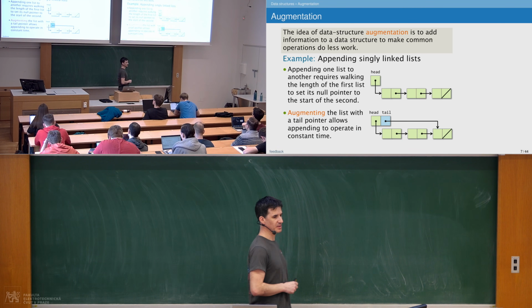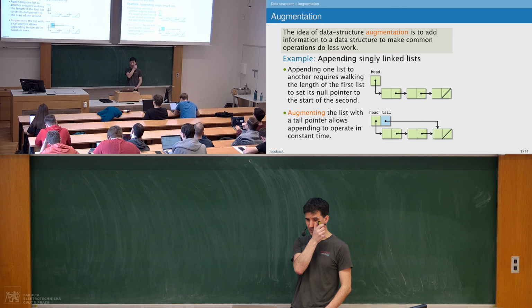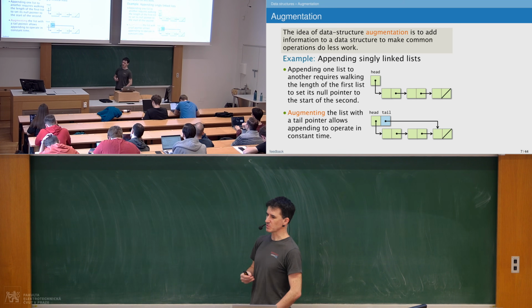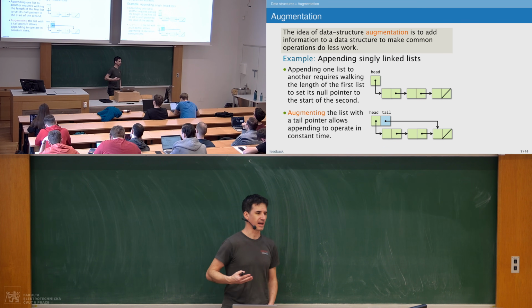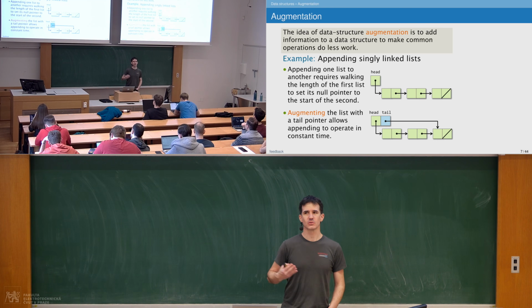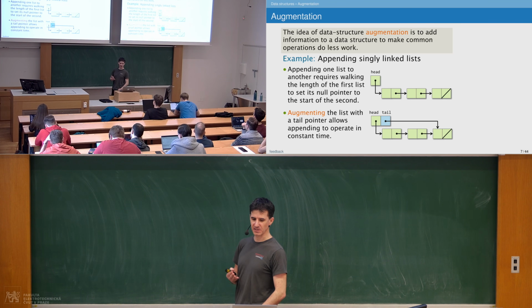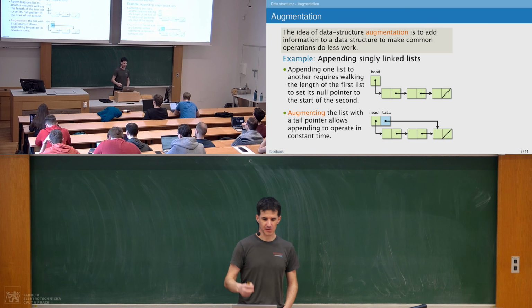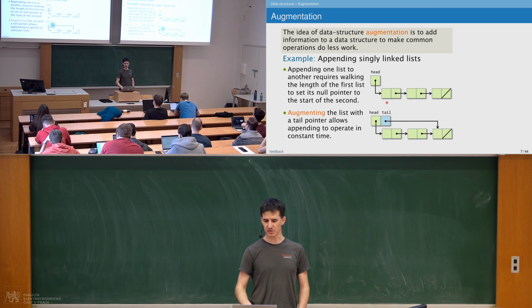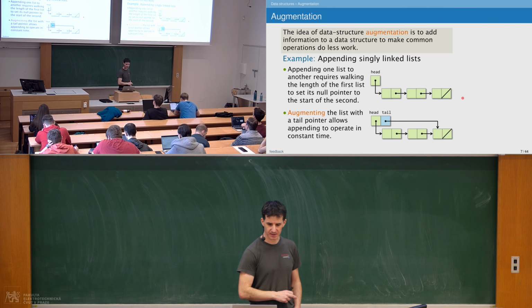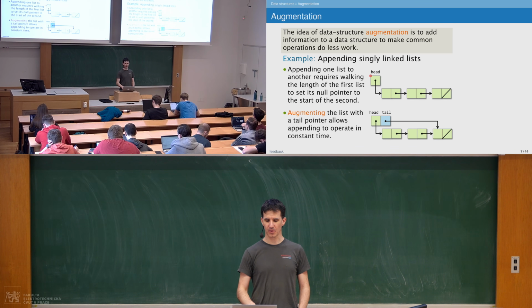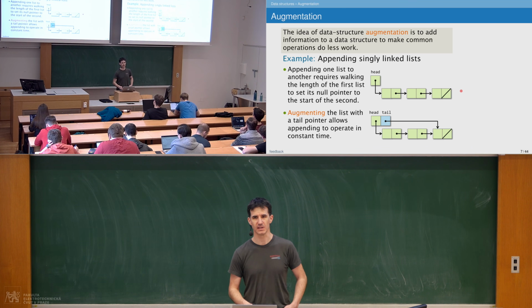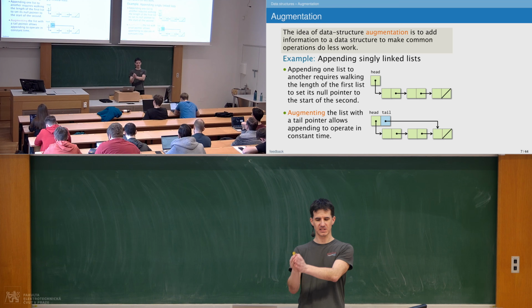Another typical optimization which you can apply in your code is called augmentation. And this stems from the fact that the data structure you use for your data can also influence how fast you can access the data. So here you can see a trivial example. You have data in a single linked list, and if your algorithm requires, for example, adding data not only at the beginning, but also adding data to the end of the list, so you need to add some data to the beginning and add some data to the end,